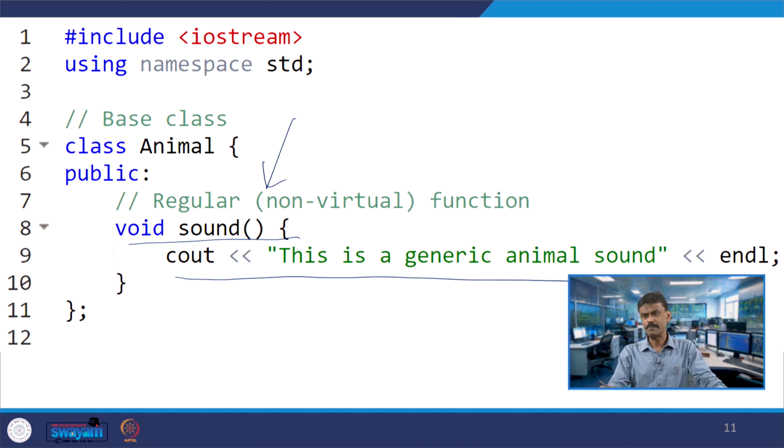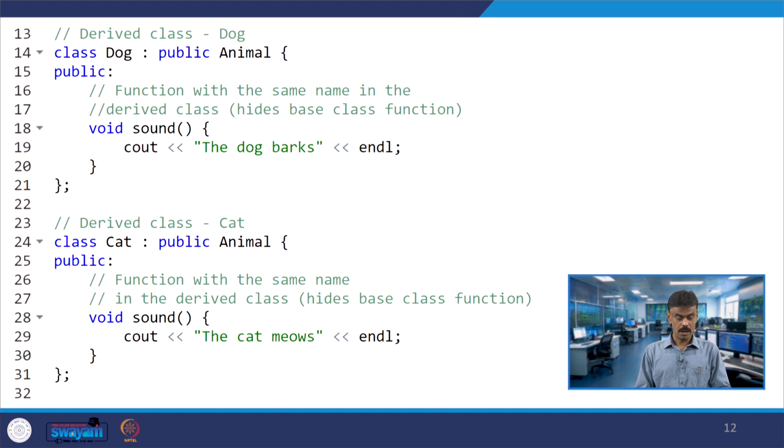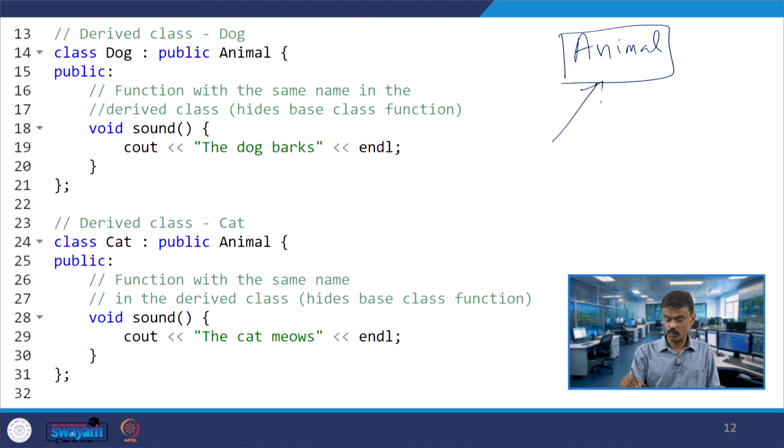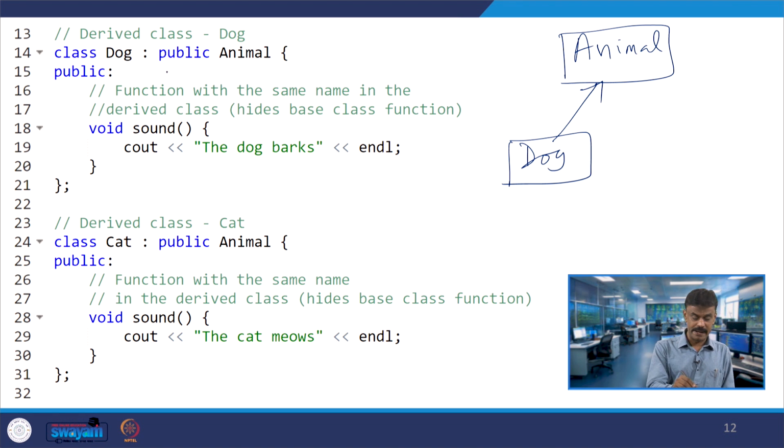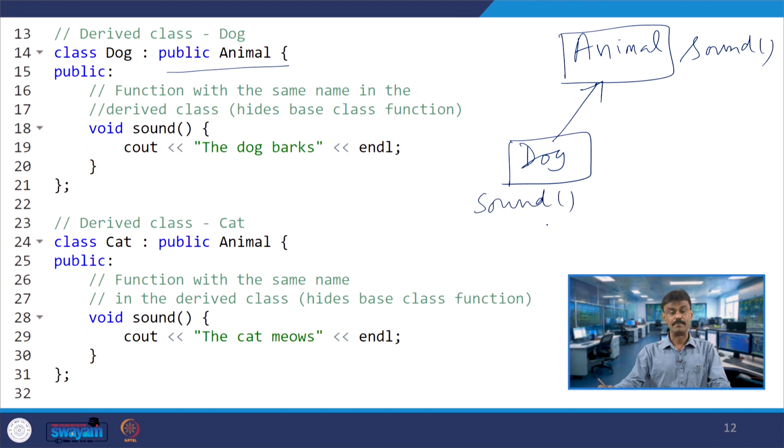You have a derived class dog, which publicly inherits animal and has the same member function, sound, which prints cout the dog barks.